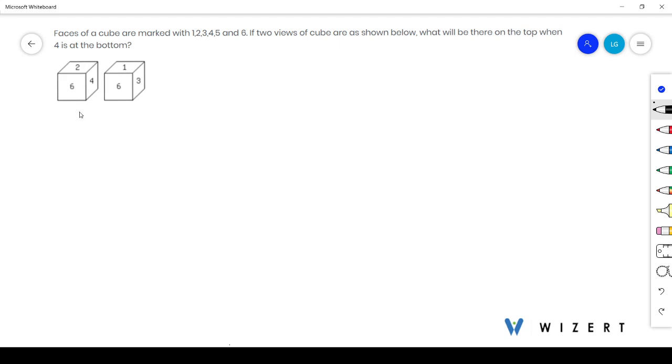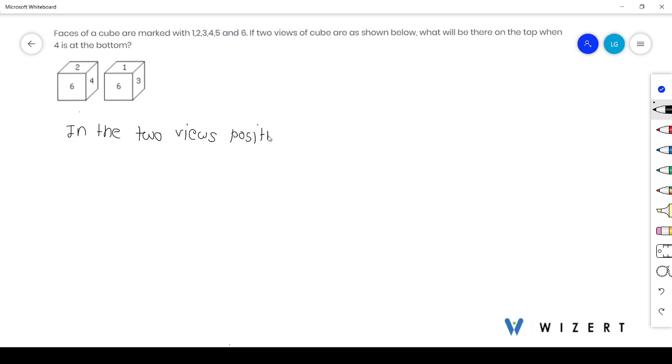Our question is, faces of a cube are marked with 1, 2, 3, 4, 5 and 6. If two views of the cube are as shown below, what will be there on the top when 4 is at the bottom? Here we can observe that in the two views,